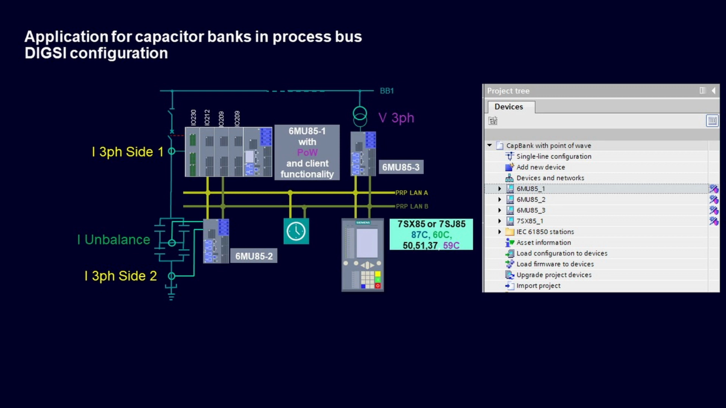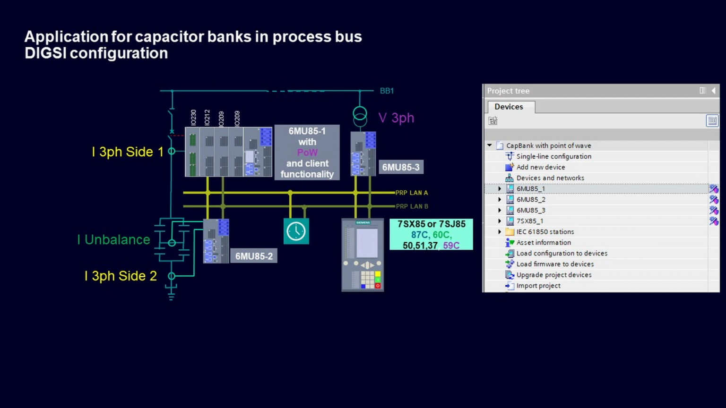This video explains how to use SMV sample measurement values with the standard 61850-9-2 protocol for capacitor bank-related applications. The first application is the implementation of point-of-wave switching in the merging unit to close the circuit breaker, and